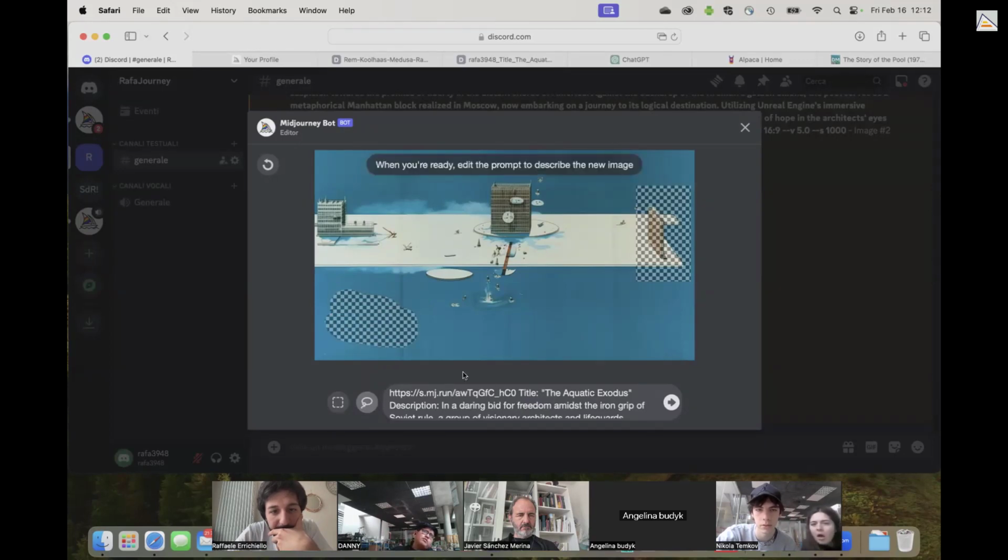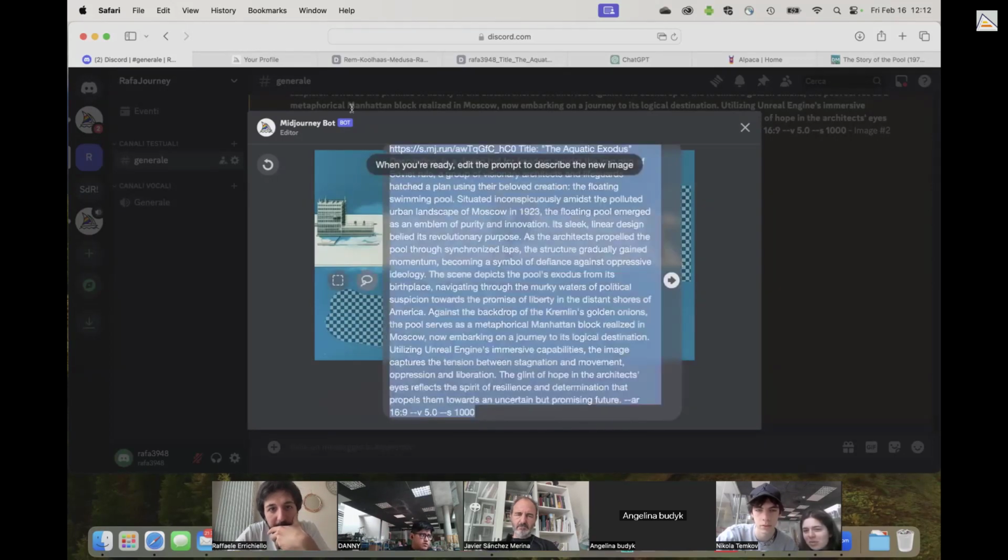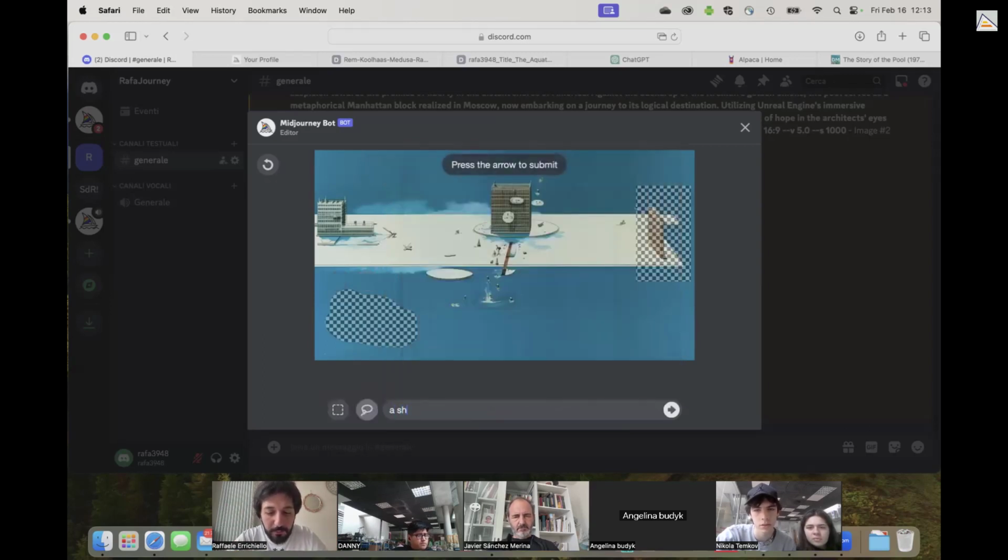Let's add a ship. Of course, it does not work like Photoshop where you add a ship and there is a ship there. It will change just that area of the image and will try to produce a ship arriving to the